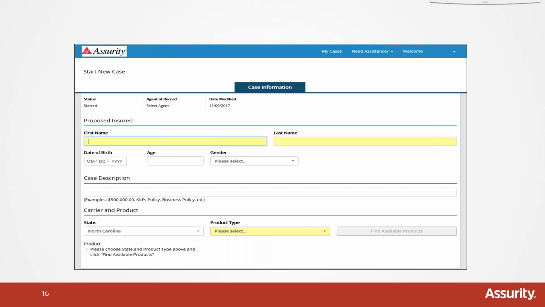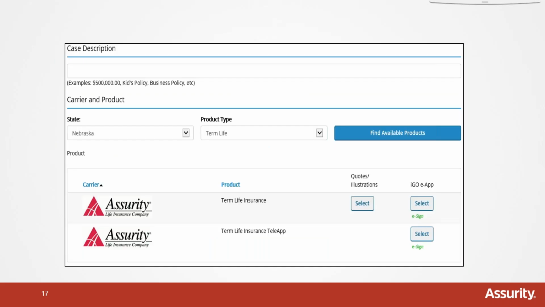So we'll select term. There is only one term option now with Assurity. It's called Assurity term. So you'll see the term life. You can run quotes or illustrations, the iGo EApp, and then there's also a tele-app available as well. So we're going to look at the EApp, but just as a side note, the tele-app,